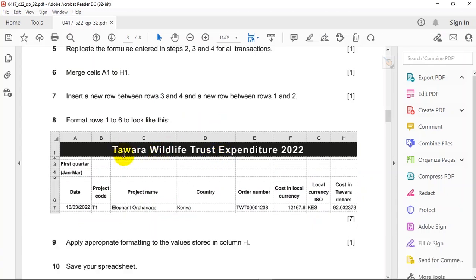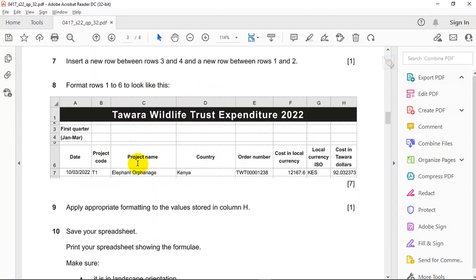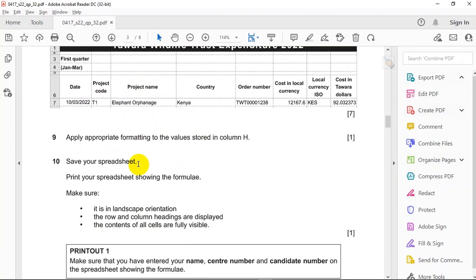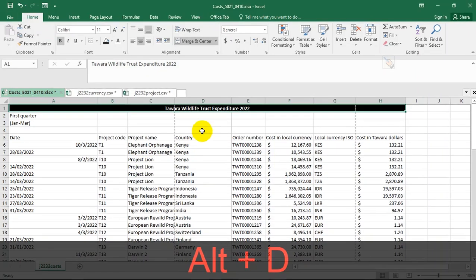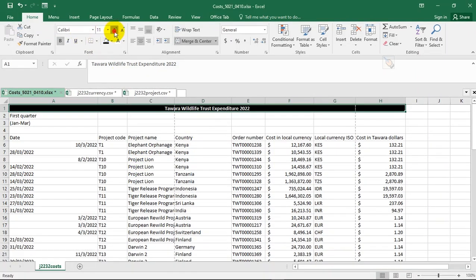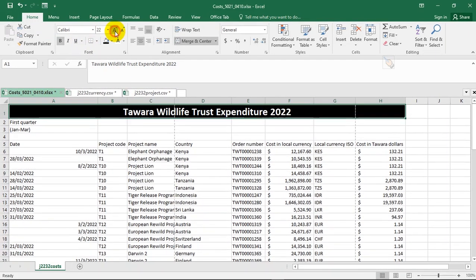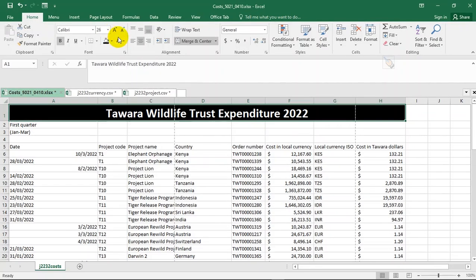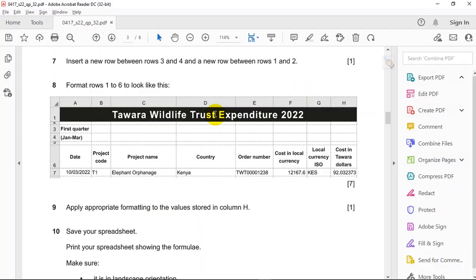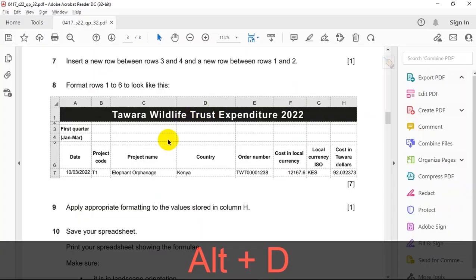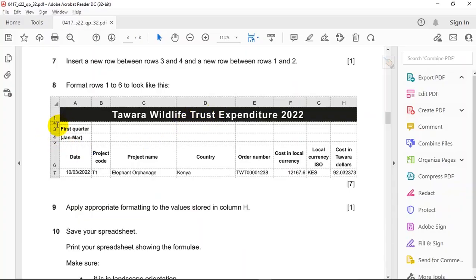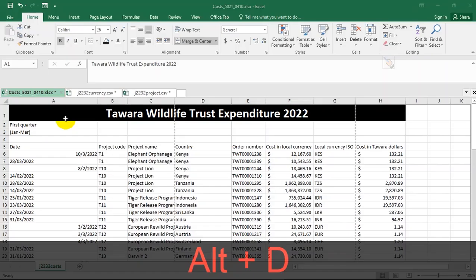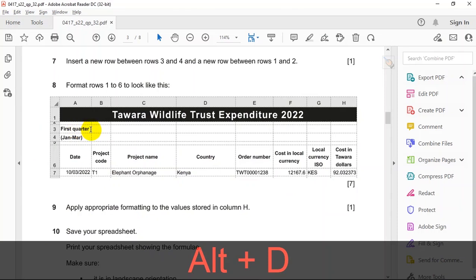The font size now is what we have to determine, because we've not been told exactly how it should look. So let us increase the font size, so it's more like it. You notice that row 2 is a little bit hidden within row 1. So what you just need to do is,